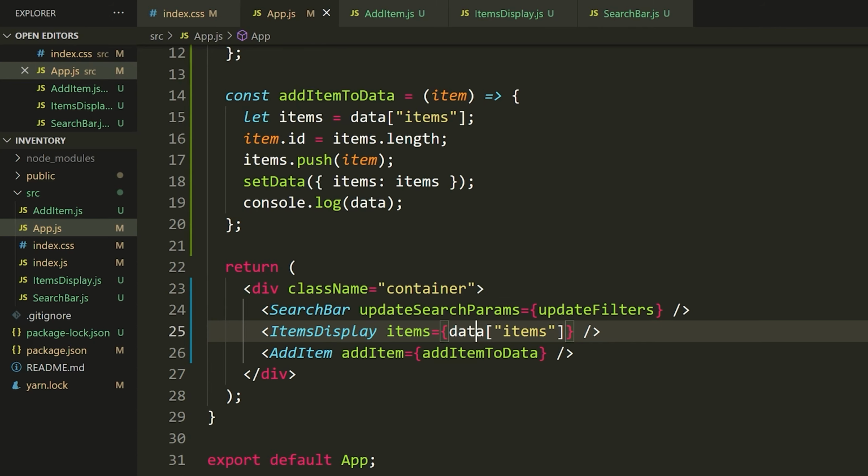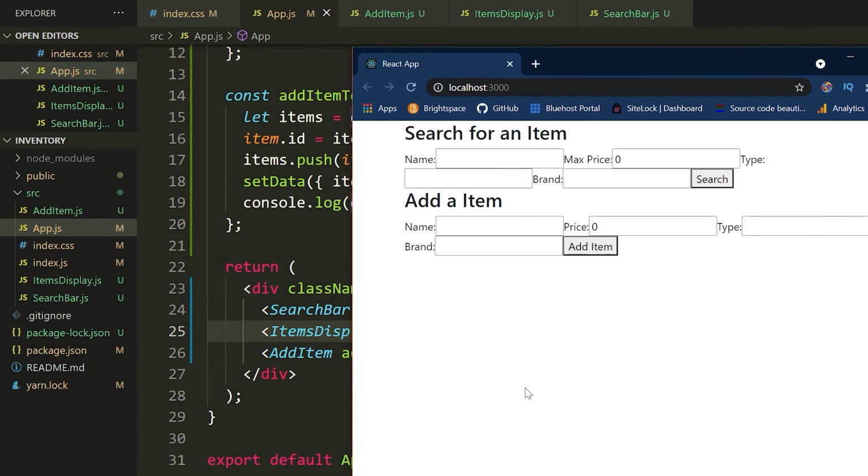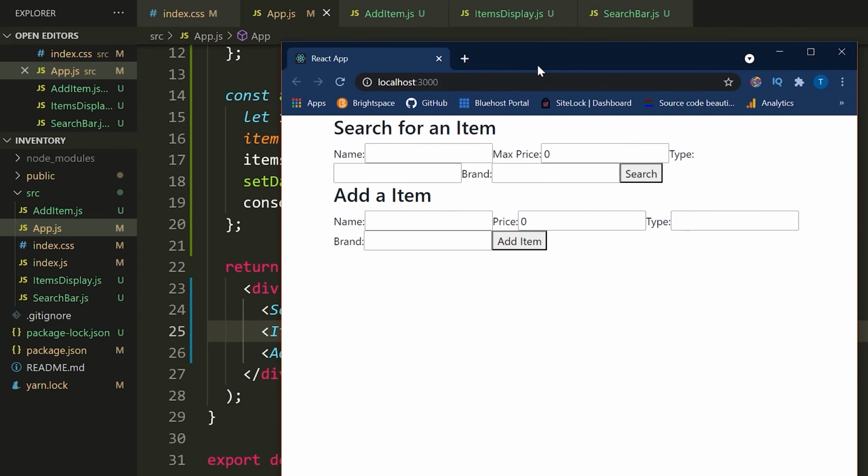Now, this is a Bootstrap class, and you're going to see as soon as I do this, if I go back to my website here and I refresh, notice how everything came in a little bit. So there's a margin now or some padding from the left and the right side of the screen. And it's already made this so it's no longer squished to the edge of the screen, which is great.